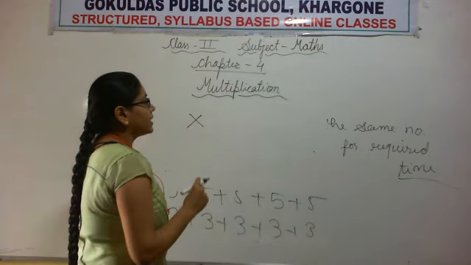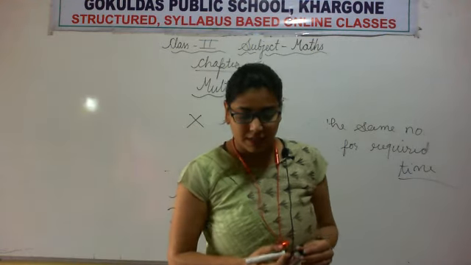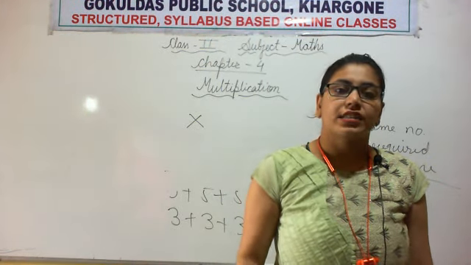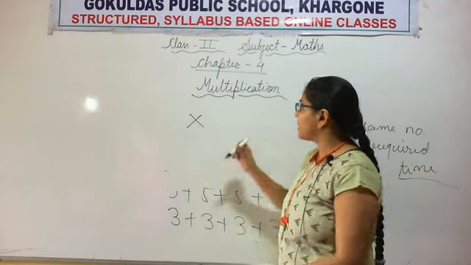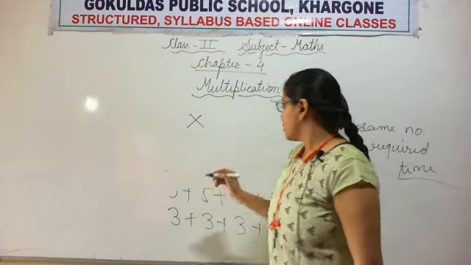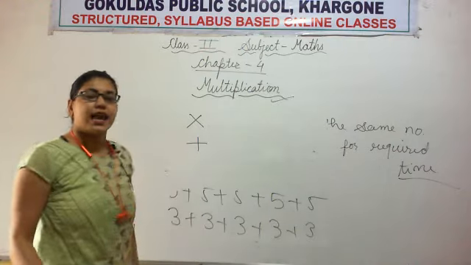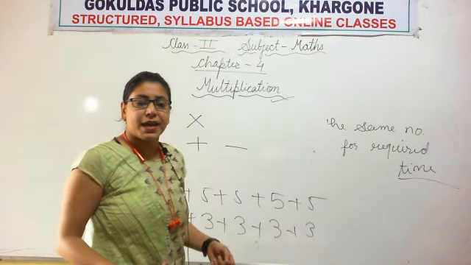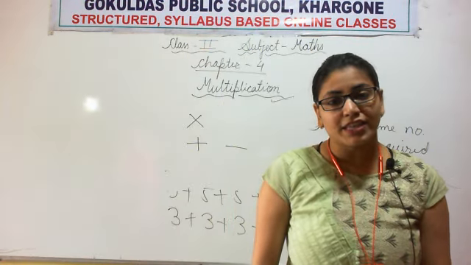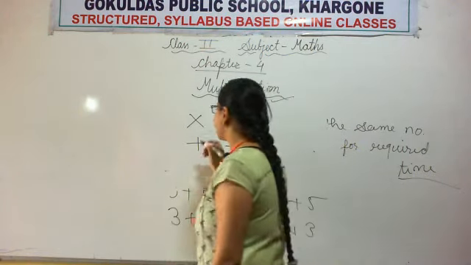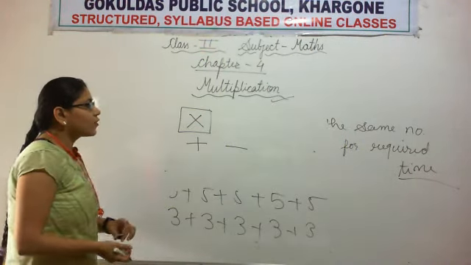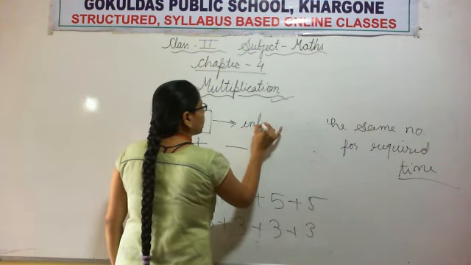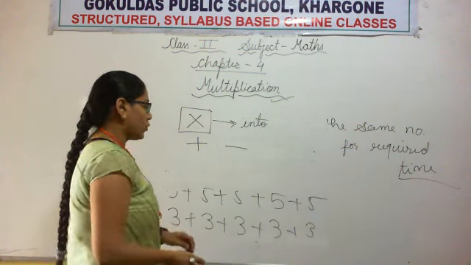Multiplication is one of the mathematical operations. As the first operation we learned addition, then we learned subtraction. Now our next operation is multiplication. By the plus sign we represent addition, by the minus sign we represent subtraction. So there must be a sign for representing multiplication too. Yes, there is a sign, this cross sign. We use this cross sign for multiplication and we read it as "into".